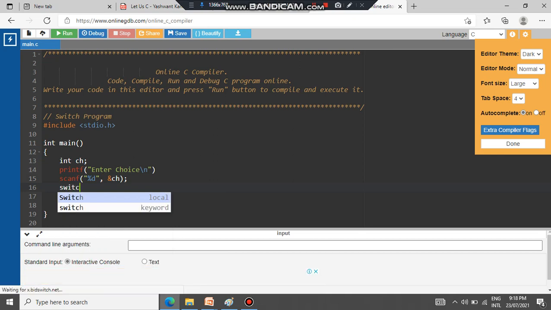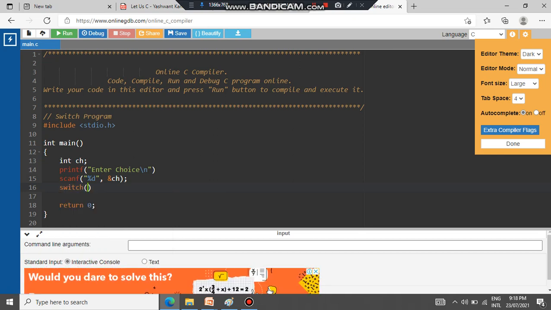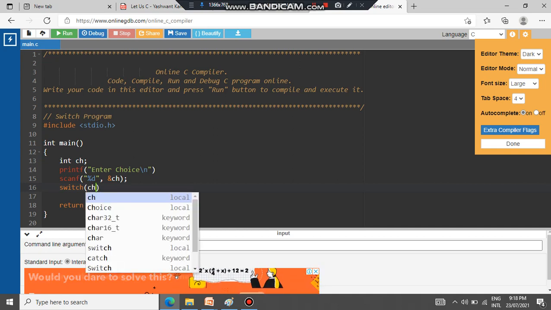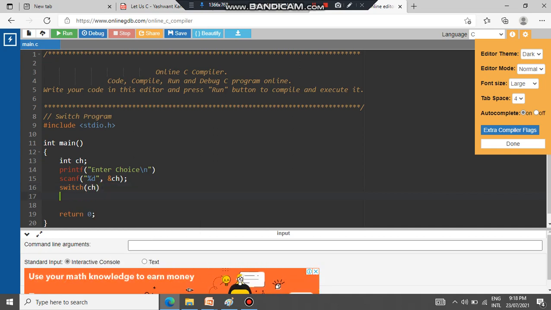So switch is a keyword. Okay, it is a conditional statement. Switch is a conditional statement, and we have to give the parameter to that. So whatever parameter we have just read, ch, no semicolon is to be given. Okay, as we are not giving the semicolon to if, in the same way switch also does not accept any semicolon. If you give a semicolon, in that case the statements written after that will not be executed accordingly.